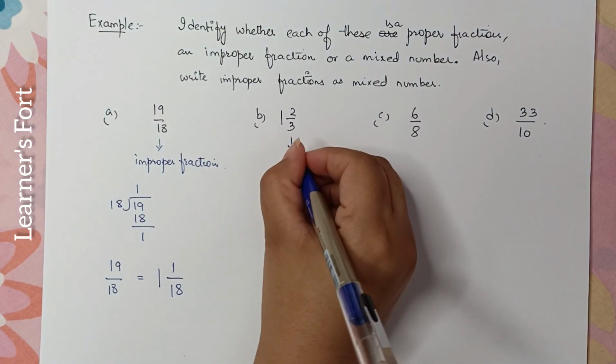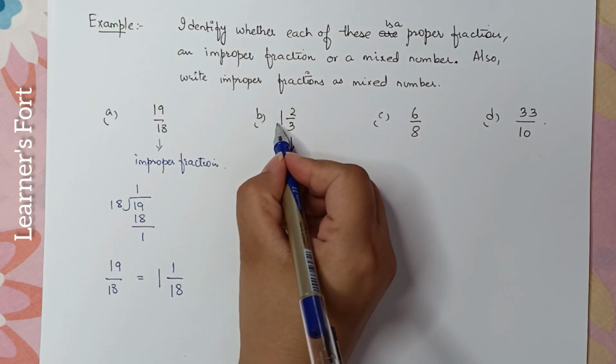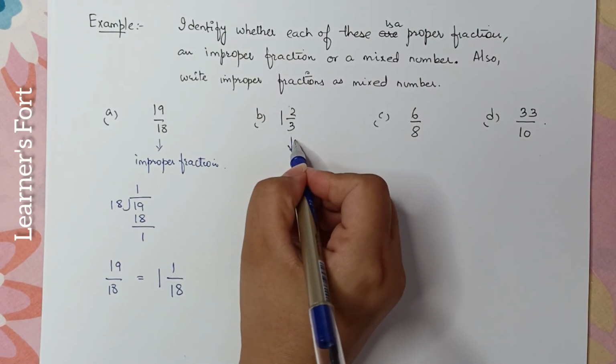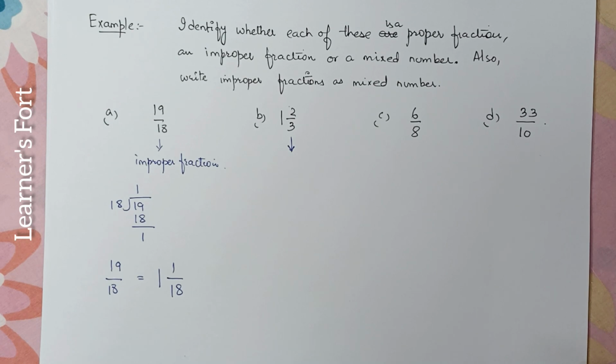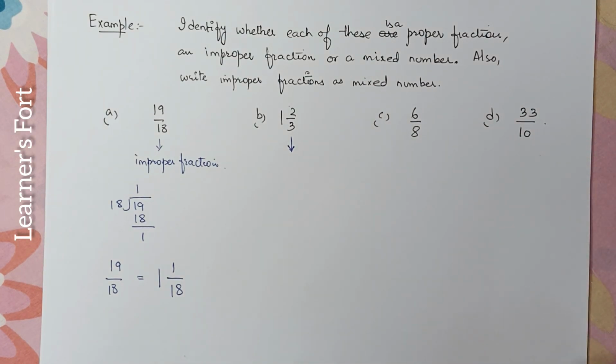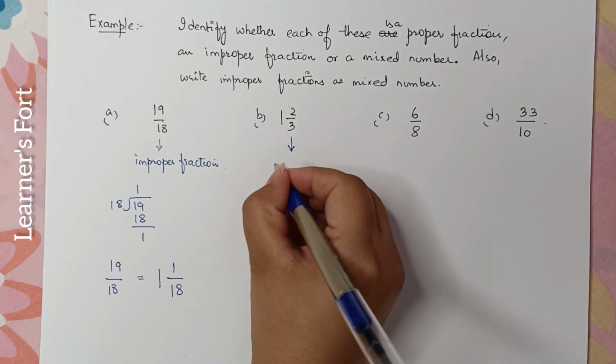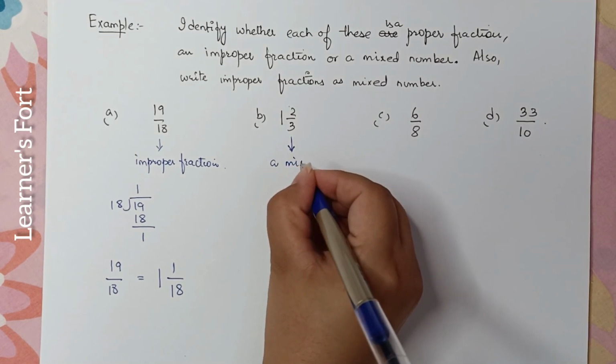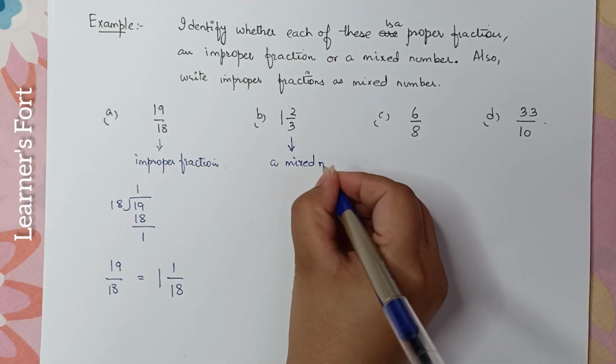Now, look at example B. 1 whole 2 upon 3. What is it? Is it an improper fraction or a proper fraction or a mixed number? I'll give you 2 seconds to think about it. Yes, it is a mixed number,